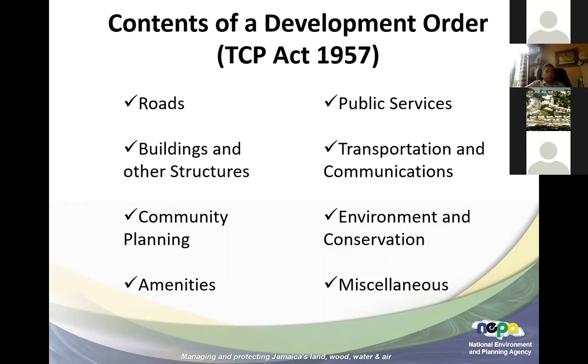It also looks at the environment and conservation, especially within the Negril and Green Island order area, which is a very environmentally sensitive area, owing to its many coastal wetland areas, to include the Great Morass, which is a big part of the order area. The order also looks at other miscellaneous items as it relates to subdivision of land. It looks at the extension or reduction of boundaries, urban limits, etc.